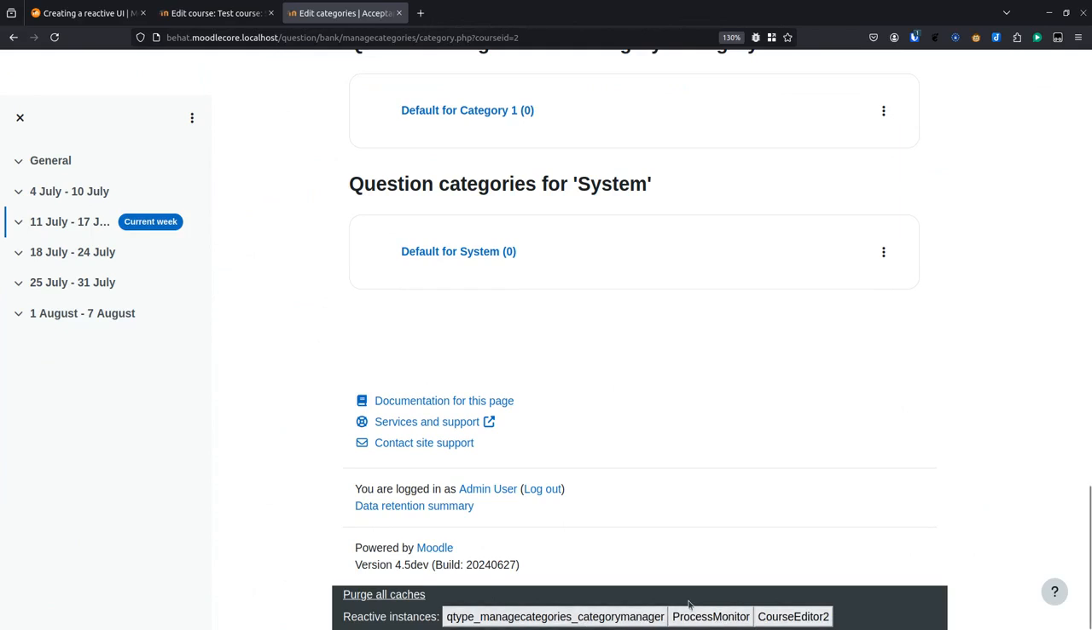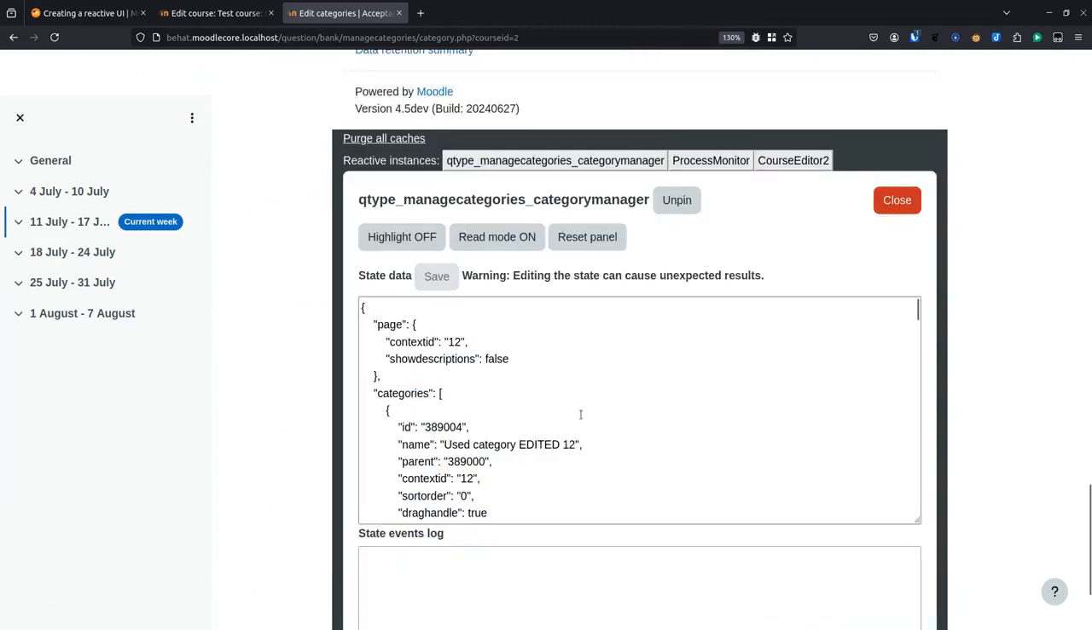So I said earlier we could have multiple. So we still have the course editor here. We've got the process monitor, which I think is what we're actually looking at down here, and my reactive instance, which is the category manager. So if I click on this and open it up, we get